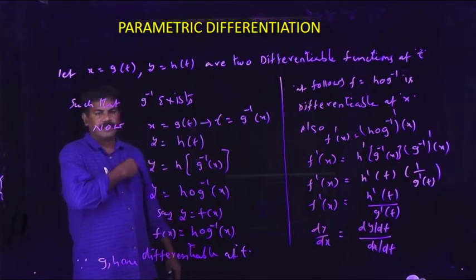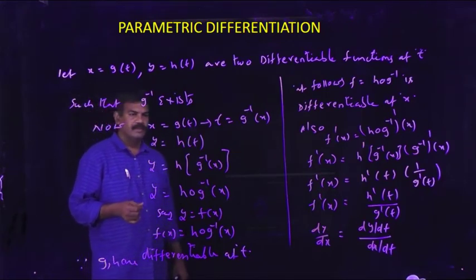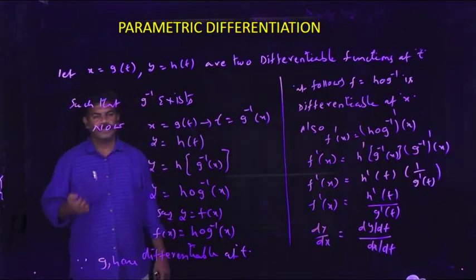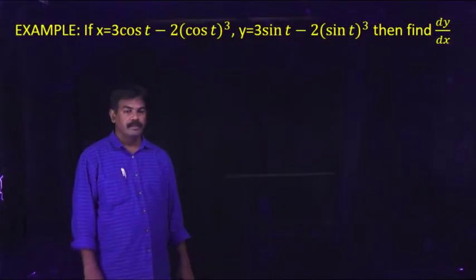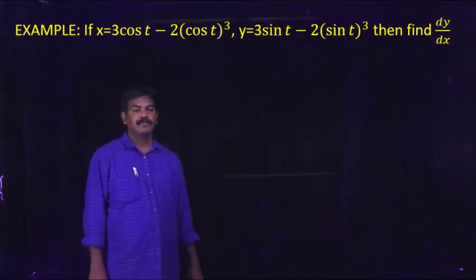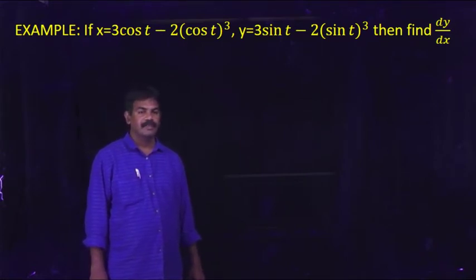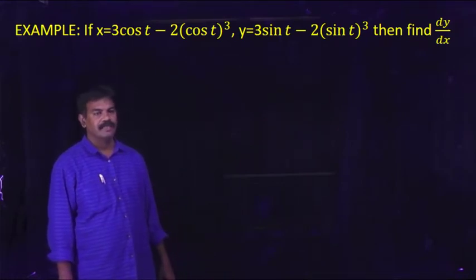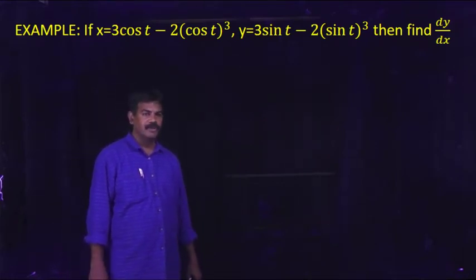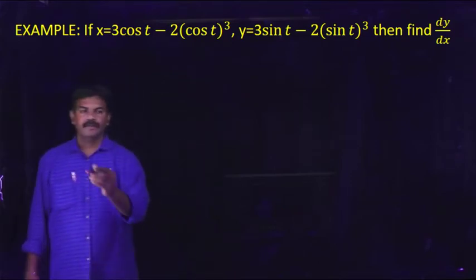The given functions are in parameters like t and theta. So this is the procedure to find the derivative of the given parametric functions. Students, see the example. If x is equal to 3 cos t minus 2 into cos t whole cube, comma, y is equal to 3 sin t minus 2 into sin t whole cube, then find dy by dx. So, given